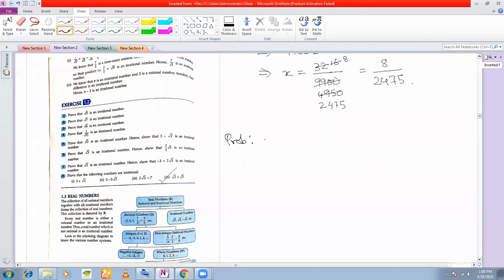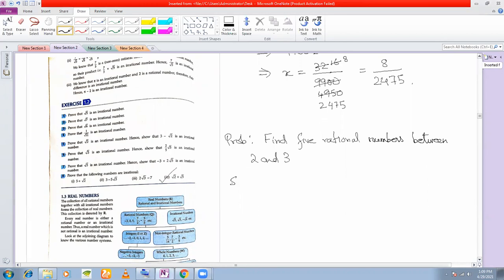Find 5 rational numbers between 2 and 3. Now see, this method that I am doing is applicable when you have to insert 5 or whatever number. You can insert even 10 rational numbers between 2 and 3. You can insert 20 rational numbers between 2 and 3. But here they have given you only to insert 5 rational numbers.